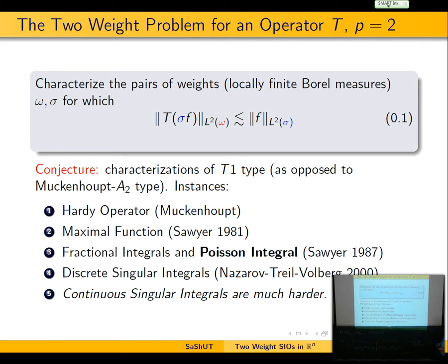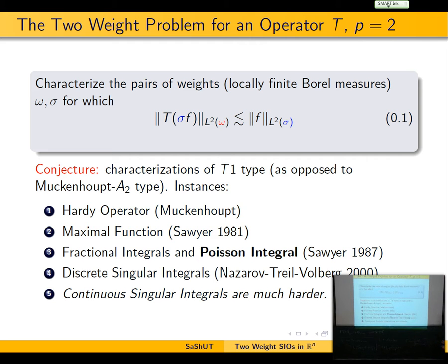there's been a lot of work in trying to get Muckenhoupt A2 type characterizations. The obvious condition for two weights of Muckenhoupt type is necessary but not sufficient. And then there's a whole industry of research trying to strengthen slightly those Muckenhoupt type conditions to see if you can get necessary and sufficient conditions. And there's the so-called bump conjecture. Actually, the two-bump conjecture first, which was solved by Sasha Volberg and other collaborators. And then there's still the one-bump conjecture, and so on. So this is a different avenue that we are dealing with.